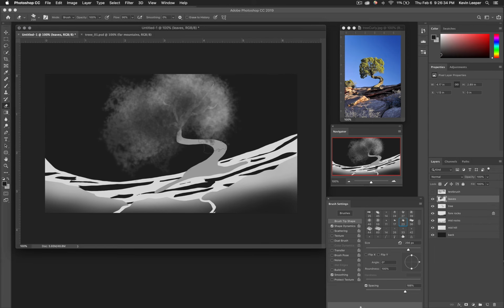So remember, the eraser works just like a brush. Just going to kind of come back through, just kind of grab the outsides of the tree. You see how it kind of makes a nice patterning for the outsides a little bit. Come back with my lighter color on the brush. Just kind of